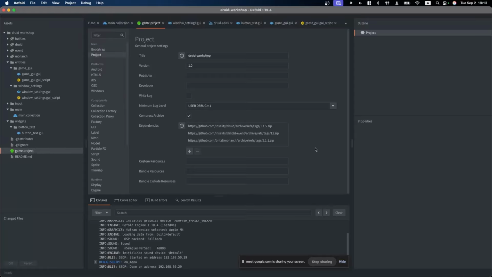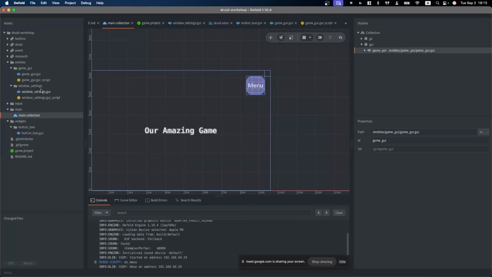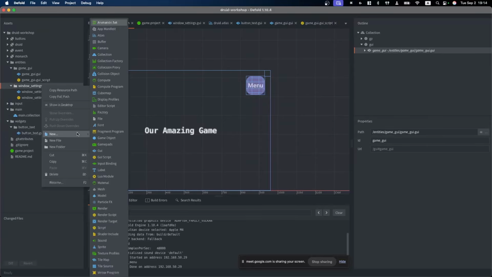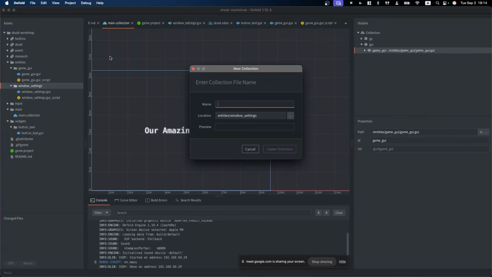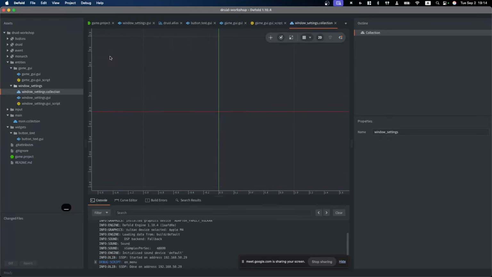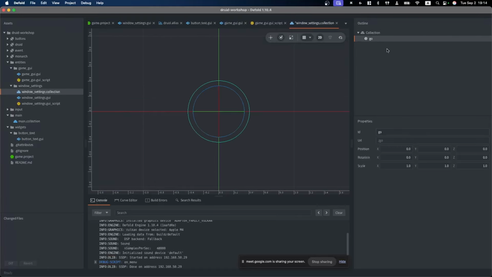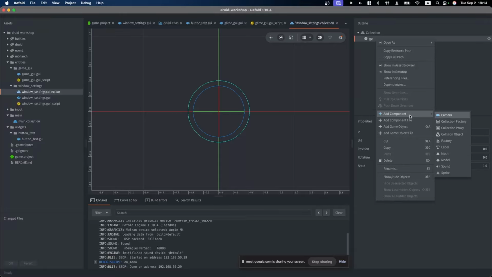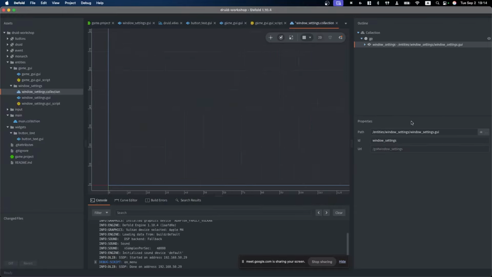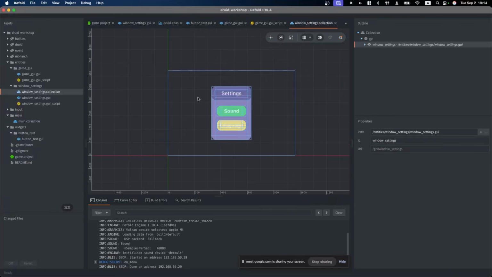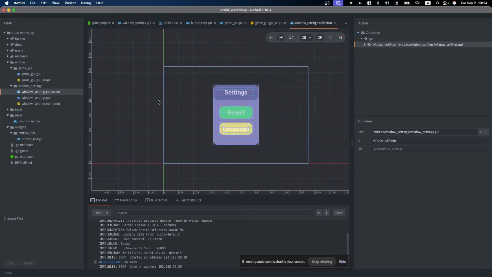Boom! It's so easy to install dependencies in Defold. Yep, it's already here. And Monarch will spawn collection files mostly. So let's add the collection to our windows settings. Yep, we have a collection with the name windows settings. We have a game object, no matter which name it is. Just set the component windows settings GUI file. Yep, we have a separate collection. And now we need to spawn it somehow.